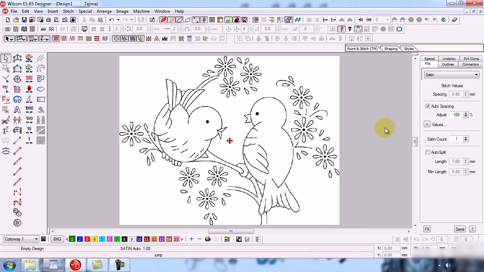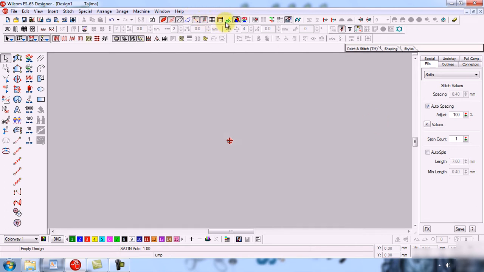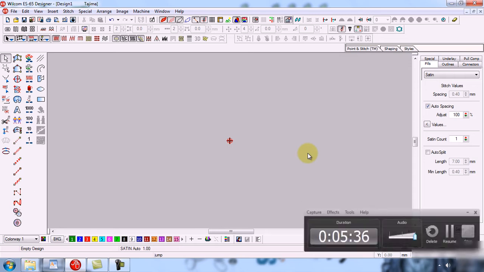Now, one important thing to always remember: if you press the D button from your keyboard, the image will be hidden. The image is present in Welcome software, but it is not showing because we have hidden it. If the image is hidden and you open any type of image, it will not show.